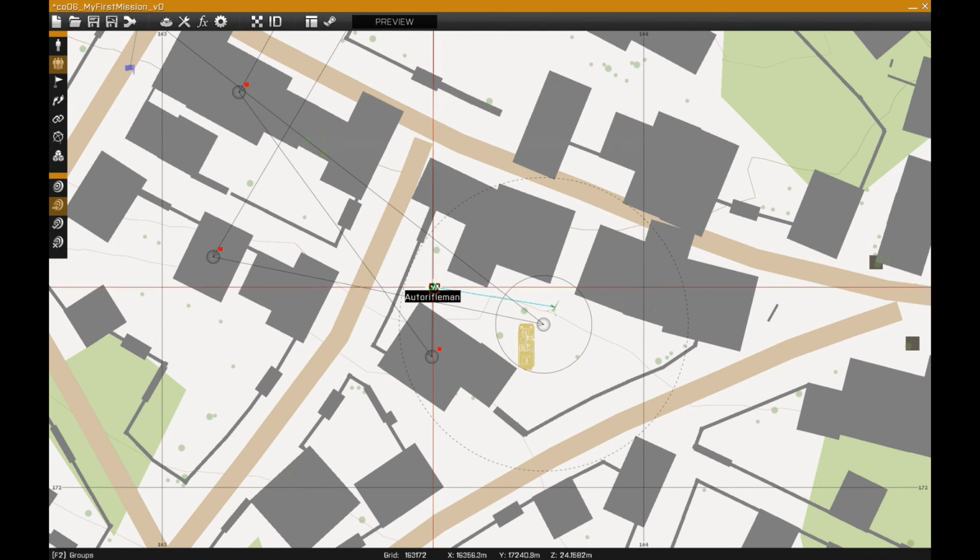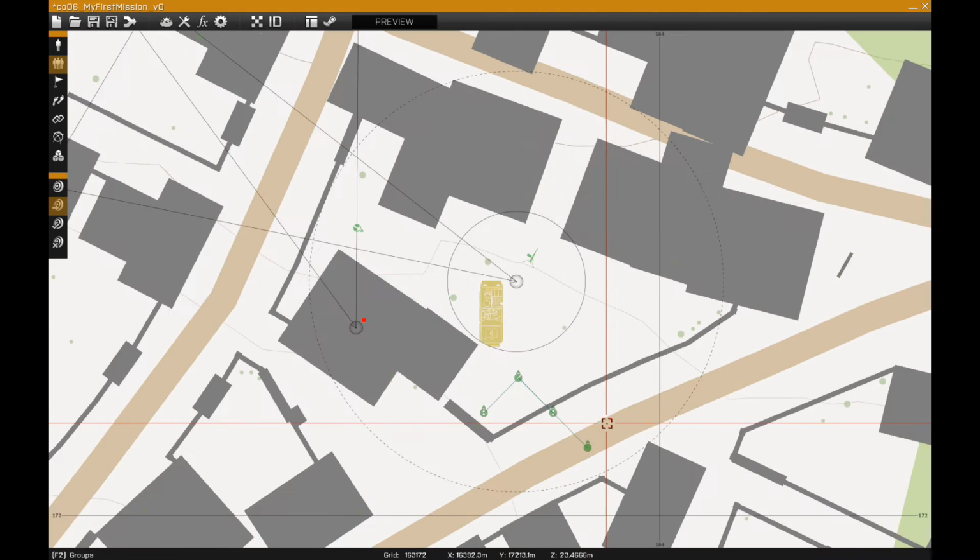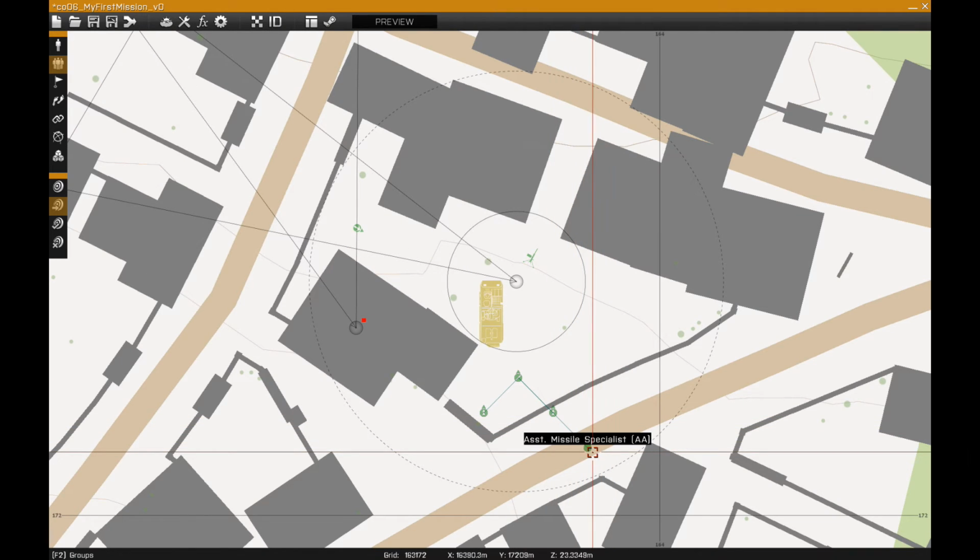And we'll ungroup them so that they don't necessarily react the same way. And we'll put maybe another group. If I've got the group selection tool, I can just simply throw down an independent group of infantry and throw down a 4-man team. Okay, I'm just going to get rid of,